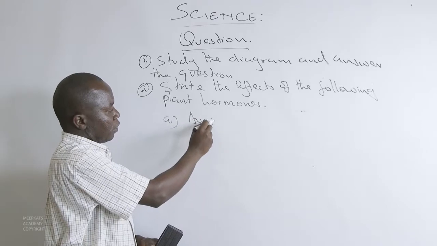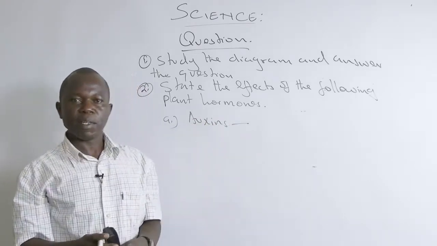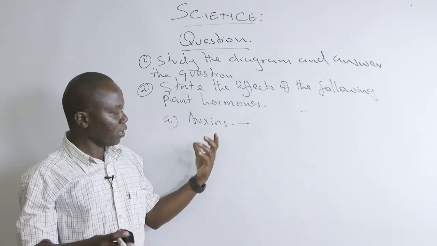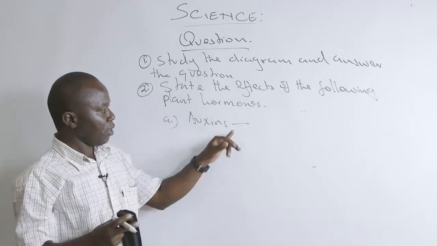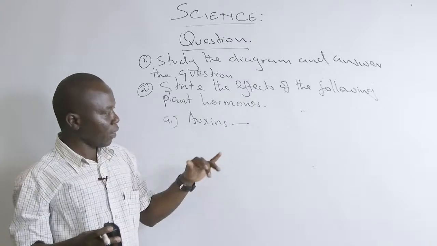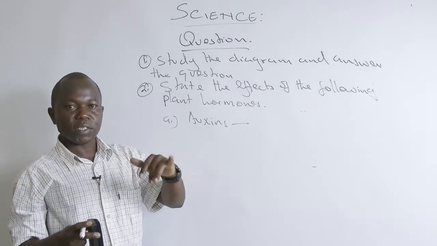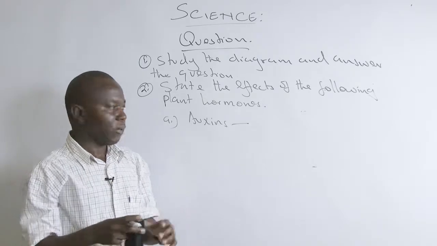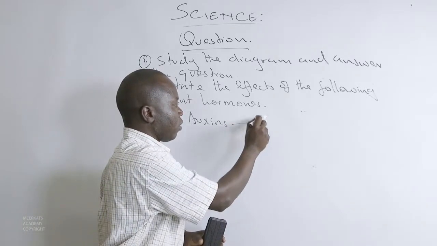Auxins. So this is very easy because we have looked at it in detail. We have pointed out that the major effect of auxin is that it stimulates cell elongation, or causes